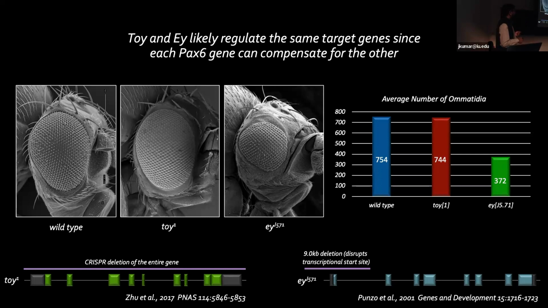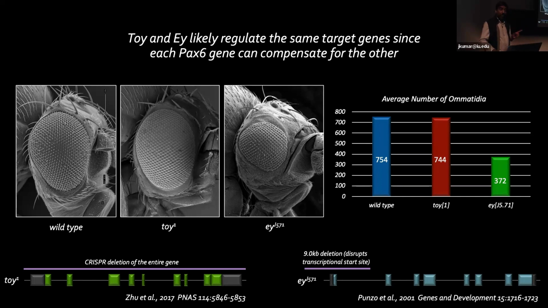So one question is, well, okay, if they're binding to the same places, why do we want to retract one of them away from the developing ocelli? And it has something to do with the difference in the severity of these two phenotypes. If they're binding to the same targets, and they're expressed at relatively the same levels, which I forgot to mention, why do you have one that is much more severe when lost compared to the other?